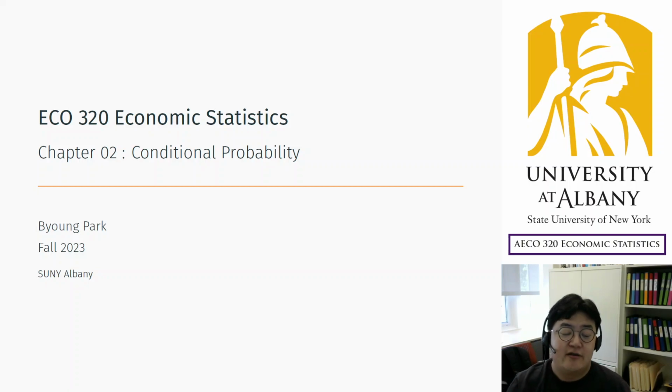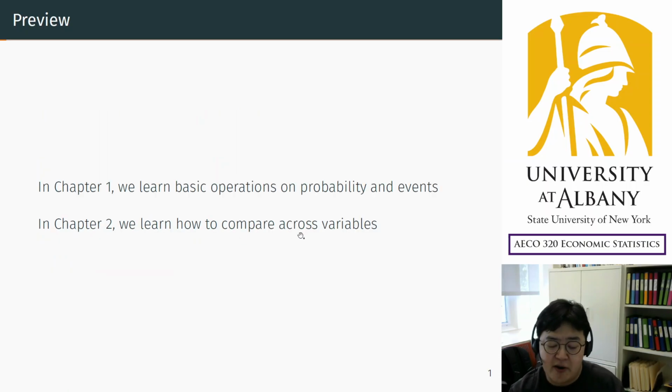Hello. This is the second chapter of economic statistics. So we are going to study conditional probability, which is a special type of probability. So let me compare. In the previous chapter, in the first chapter, we learned just basics, how to think of